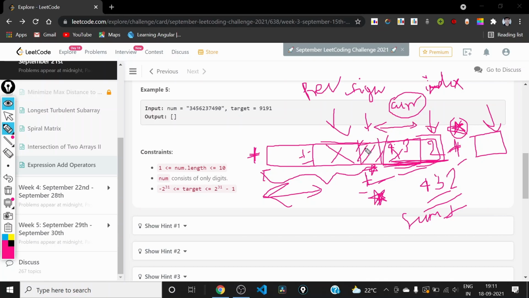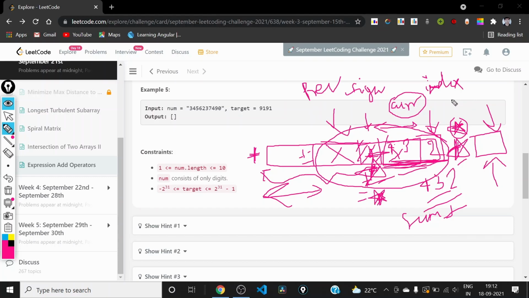I have decided to store the previous with its sign. So just in case there was a positive before the current, I will store this previous as plus 432, and if the sign was negative, then I will store this previous as minus 432. So this is how I will be solving this problem. There is one more possibility, that there was already a star here, and we are considering to again put a star. In that case, we will set this current equal to 0, and we'll set the previous equal to current into previous, because this whole quantity will now act as the previous number.